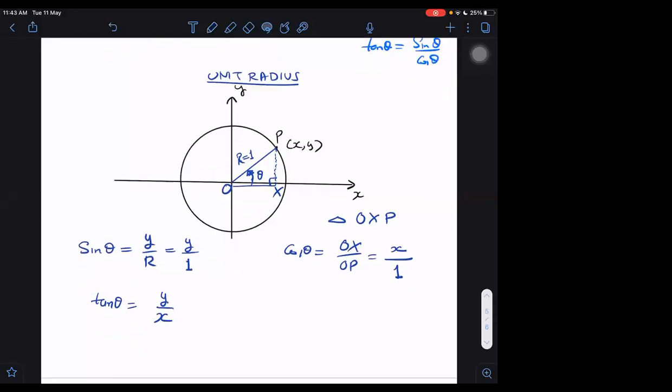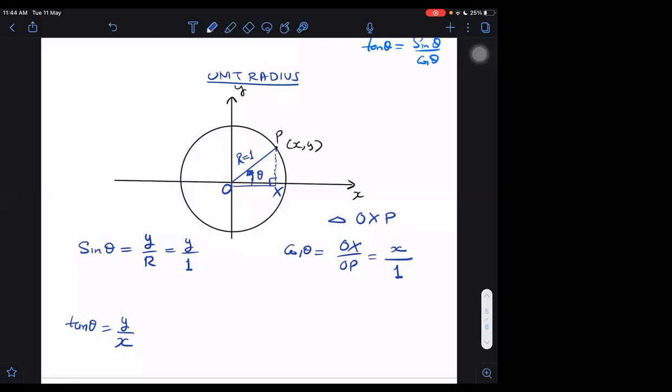The reason and the advantage of defining in this way, although it is the same thing because we can say it is perpendicular upon hypotenuse here also, so we are not doing anything new, but it has an advantage. It will help us to define sin theta even when we are not able to form a proper triangle, or this angle does not remain acute but becomes an obtuse angle. Then also we can define it in the same way.